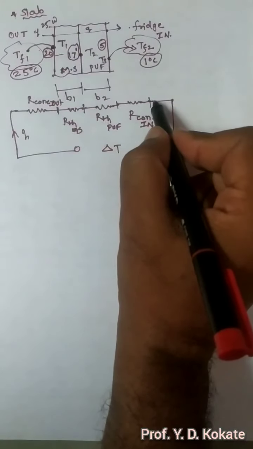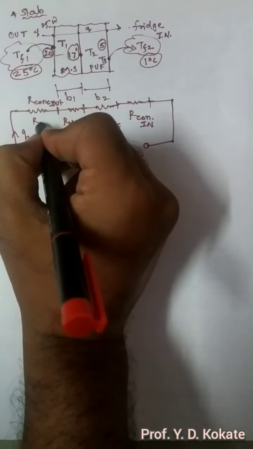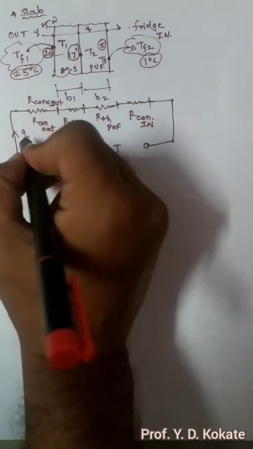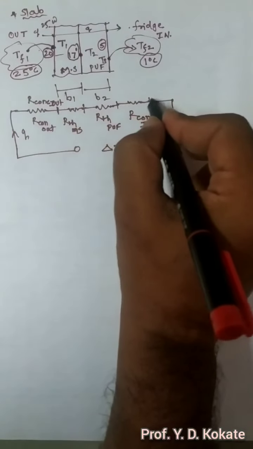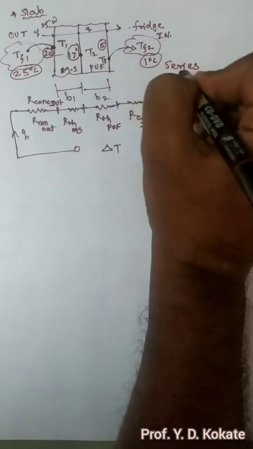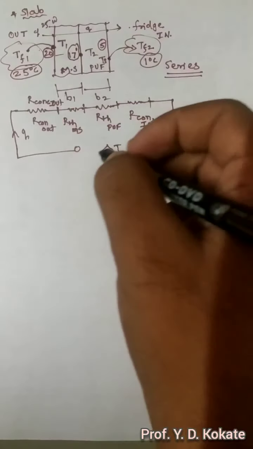That's why we draw all these resistances in one fashion, that is nothing but in one line. So this kind of scenario where the heat transfer passing through all the resistances is the same, that type of system is known as a series system. That problem we can solve with the help of the series analogy of electrical, or whatever formula in electrical subject. To solve the circuit for series we can apply it for heat transfer also.